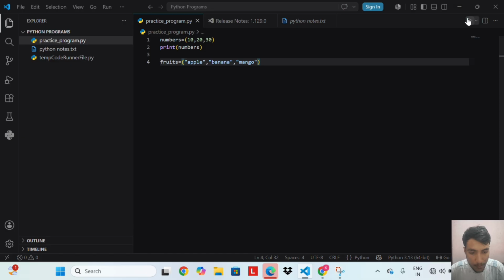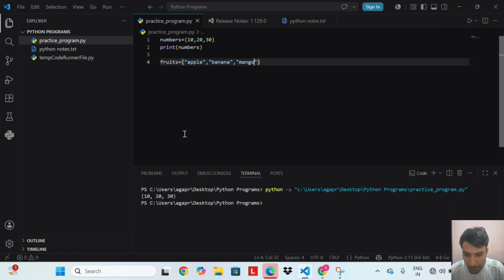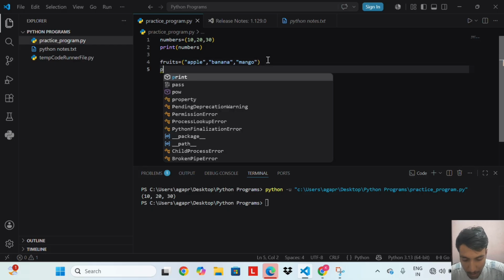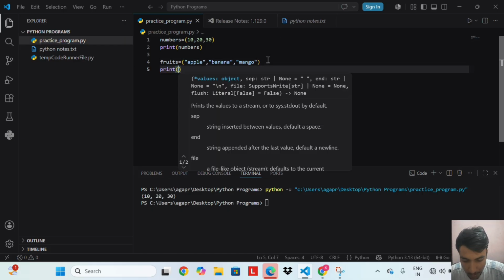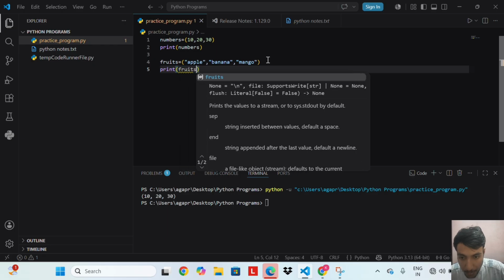Let's run this code. Here I didn't write print fruits. Let's run this code.